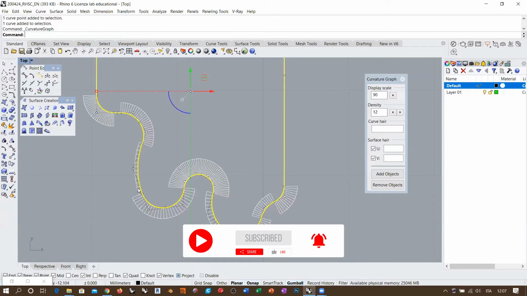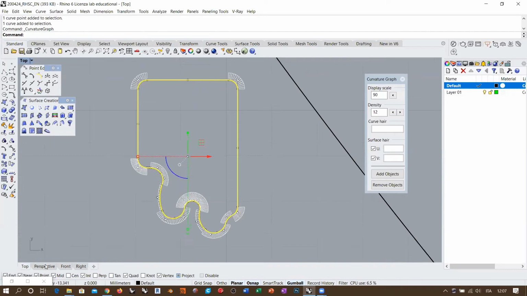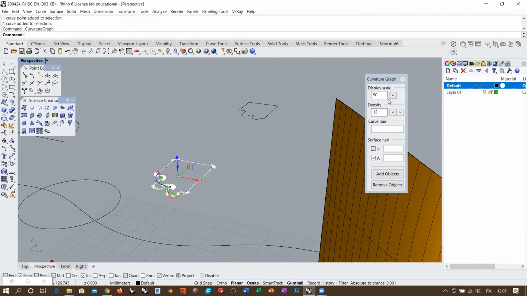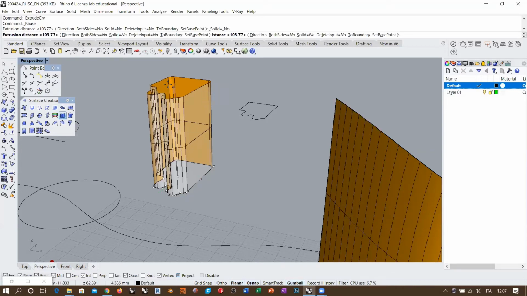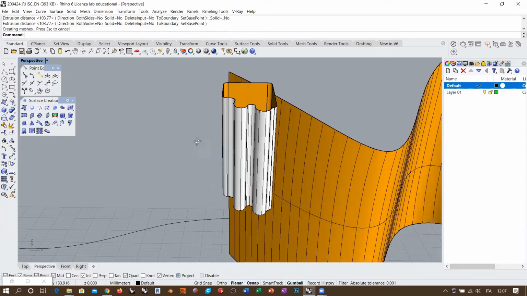So there is curvature discontinuity also in these points here. What does this mean? That if I take this curve, the polyarc together with the fillets has created a unique polyarc curve with curvature discontinuities all over the segments. So if I extrude this line and take a look at the result, you see that